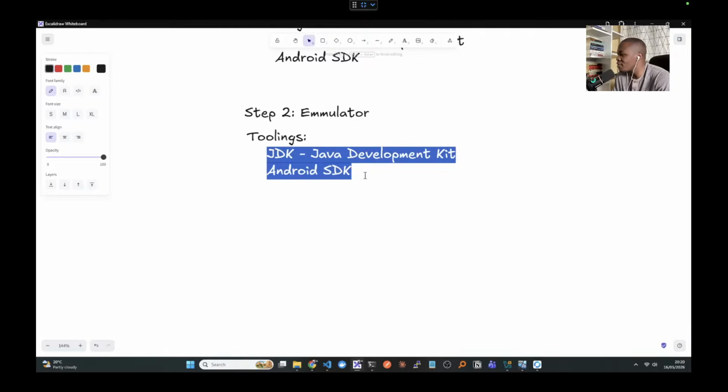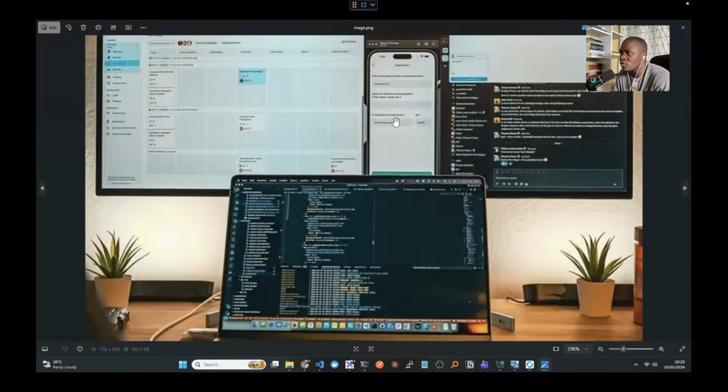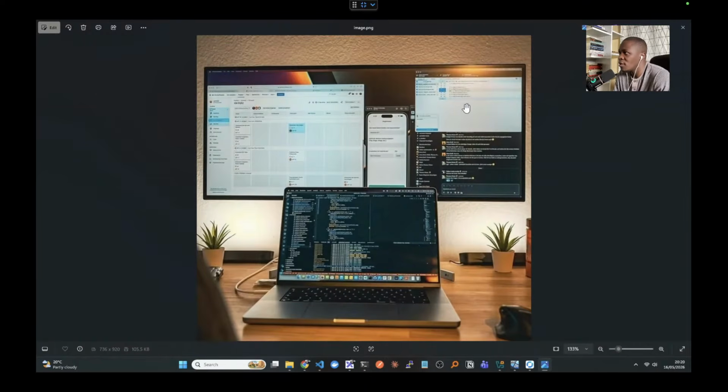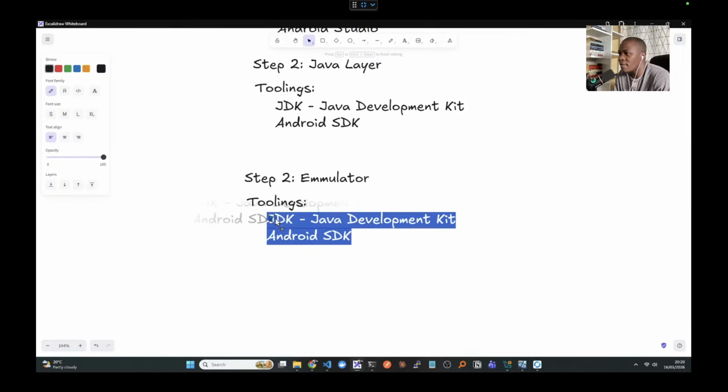basically we want to have a tool that can show us how the app will look once we launch it. So when you're developing a website, all you need to do is just run your project in the browser and you will see everything working. But for mobile devices, we need to have, let me see if I have a photo here. I think I had downloaded a photo earlier. Yeah, a photo like this one. So this is what we call an emulator. It's more like a small phone running on your computer. So here we have the Android emulator,